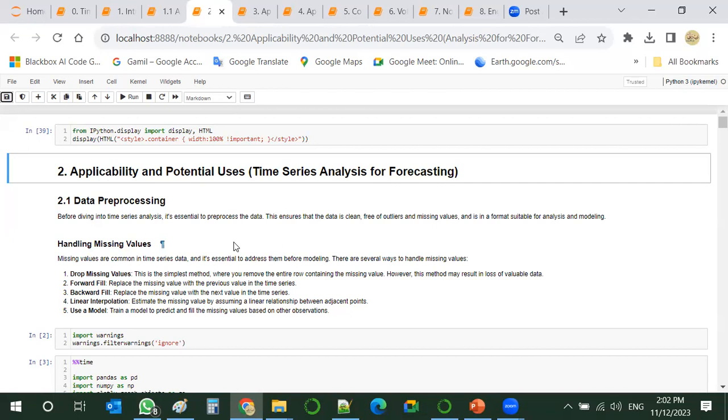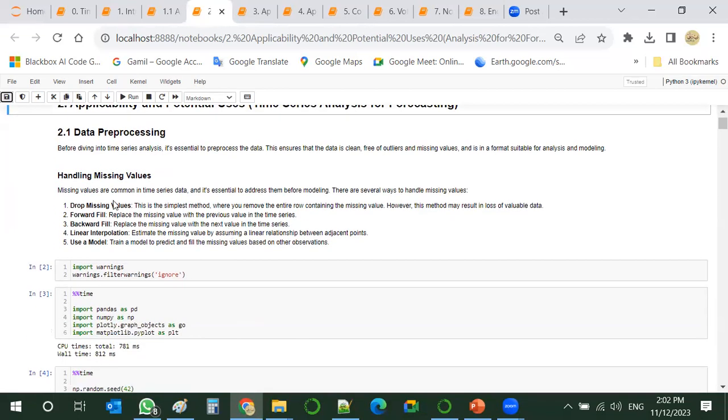One of the problems that we can face with any type of data is having missing values. There are a lot of techniques to handle these missing values. The easiest is for sure to just drop them and get rid of them and have peace of mind.